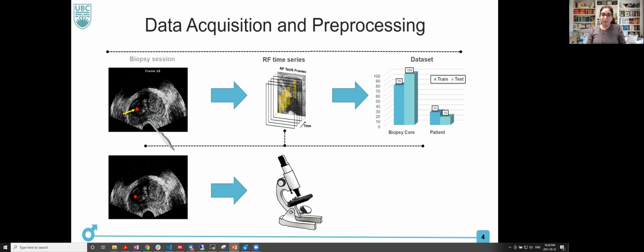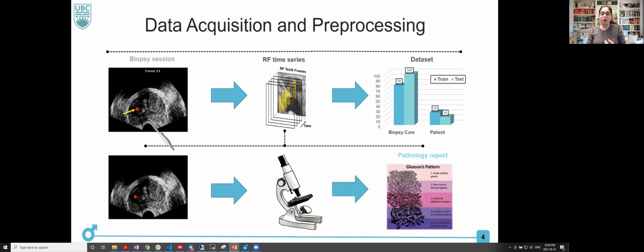On the other end, the biopsy samples will be sent to the lab and labeled by pathologists. The pathology report comes back with percentage of cancer in core, often called involvement, and the grade of the cancer for the entire biopsy core. But the spatial information on the tumor location is not specified in this report. So based on these available histopathology results, we will label our data to identify if a core is cancerous or